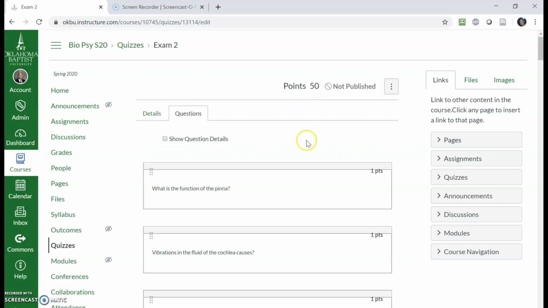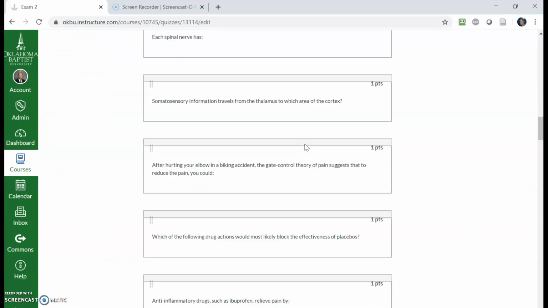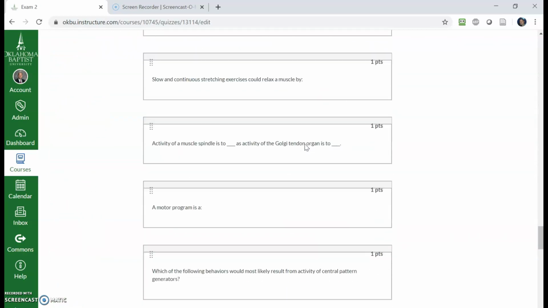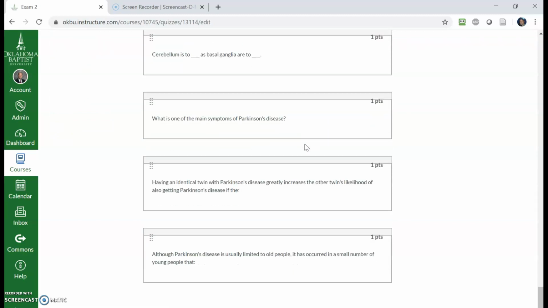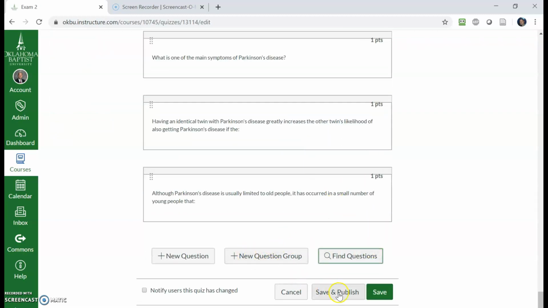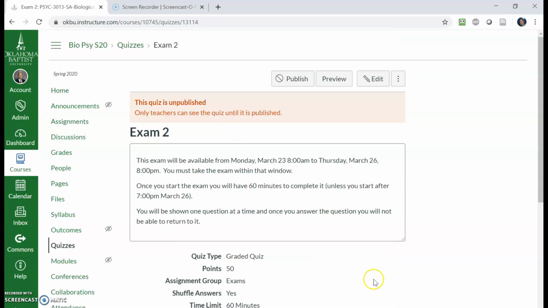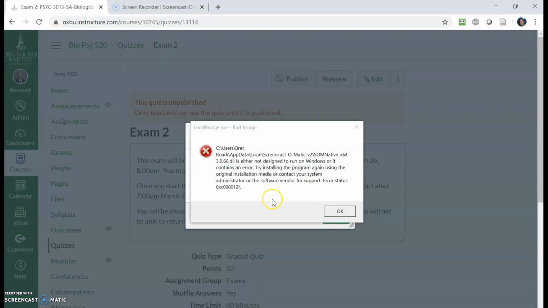You have to wait for that process to finish. There are 50 questions in the test. I go down to the bottom, I see each of the questions, and I can now save. I'm not going to publish, but you can save and publish, or you can save if you want to do more editing. And so now if I preview this test,